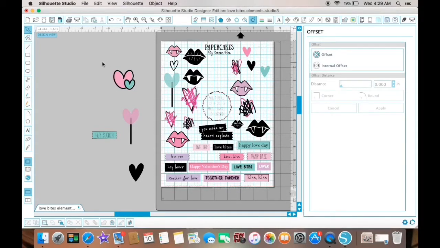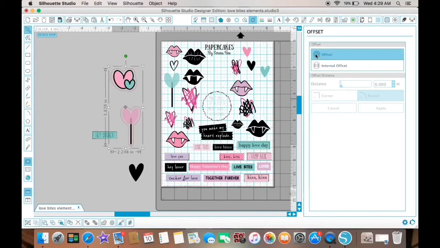So you will select the items that you want to give an offset. We're going to do the double heart and the lollipop. So they're selected, and now you're going to go over to the right-hand menu that popped up when you hit the offset window, and you're going to select offset. It'll automatically create a red line, a red border in a way. That is the cut line. Remember, in your Cameo, all red lines are cut lines. The amount, you'll see on the scale,